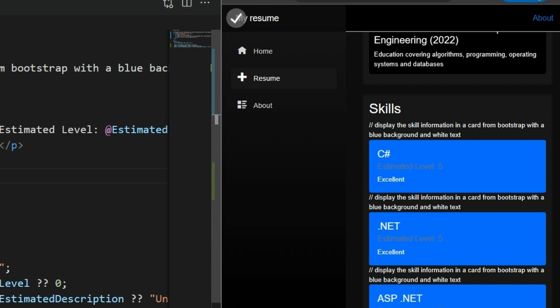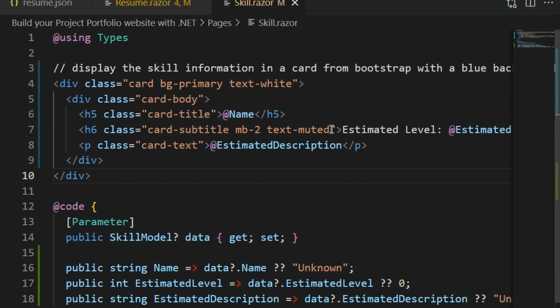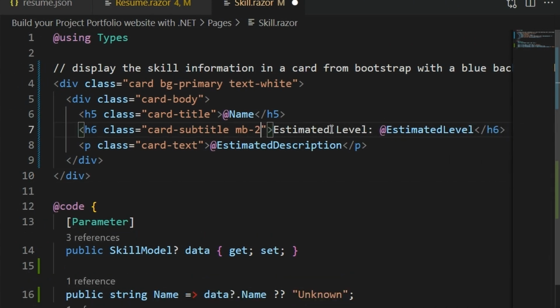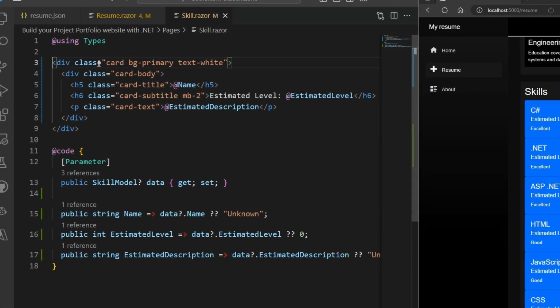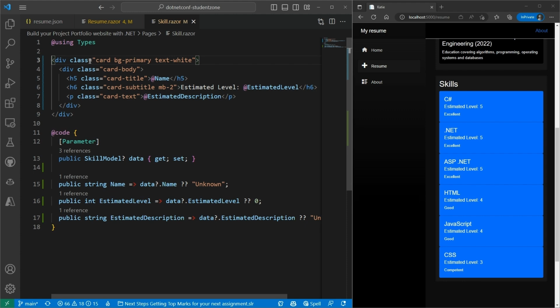Awesome. Copilot has helped me a bunch with this, and it all is looking pretty close to where I want it to be. The one thing is I do want to help Copilot out by customizing this further. And I'm just going to remove text muted here, save that. And finally, I'm going to delete the comment. And there you have it. We've used Copilot within our Blazor project to help us customize this page a little bit further and display all